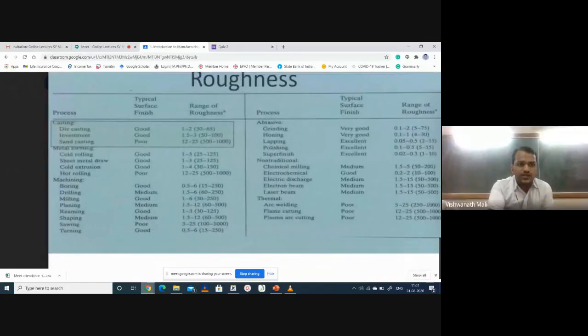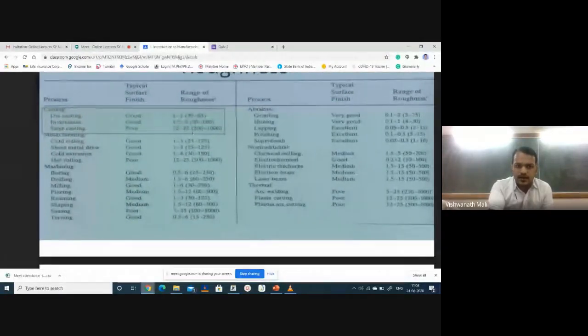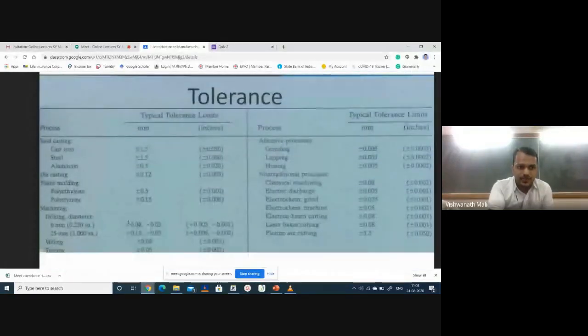Depending on which casting process you choose, if you use the sand casting process, you get a poor surface finish. In investment casting, these values change, 12 to 25 microns. Then investment casting and die casting, we are going to see, contain a very good surface finish. Talking about tolerance, in sand casting, depending on the material, as I said, when it solidifies it contracts and its dimension changes.